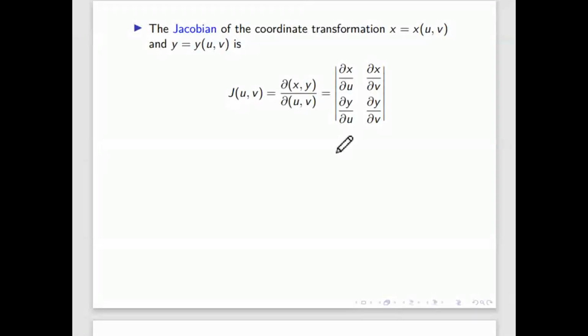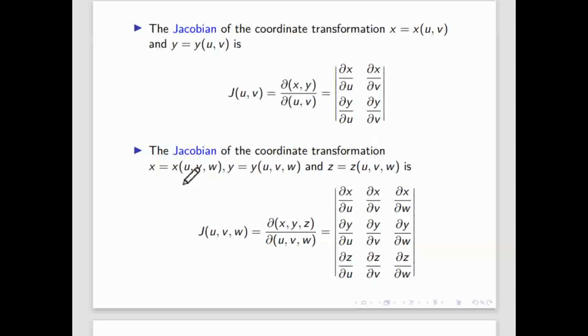I'm saying in two variables, if it is two variables u comma v, then the Jacobian of u comma v can be written like this, del x comma y divided by del u comma v, for the transformation from xy to uv. And this value is nothing but this determinant: del x by del u, del x by del v, similarly del y by del u, del y by del v. So if a question comes where some transformation is given, find the Jacobian, you can calculate it by finding the determinant of this.